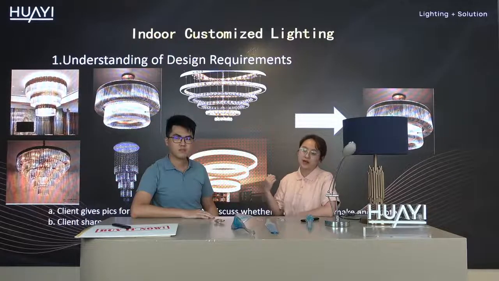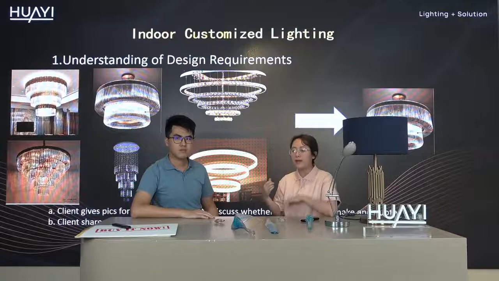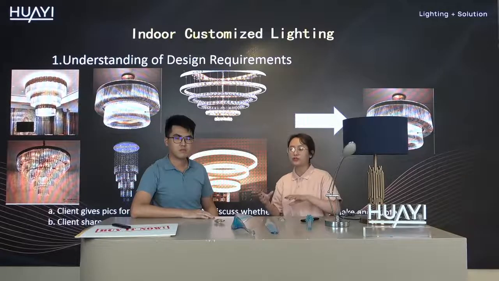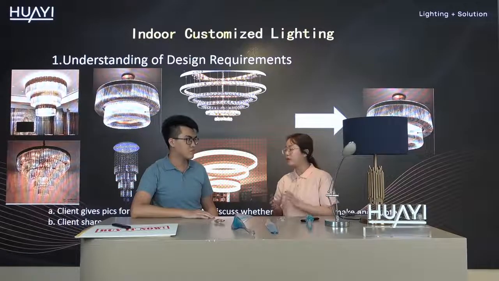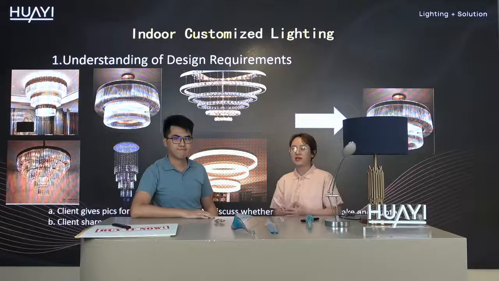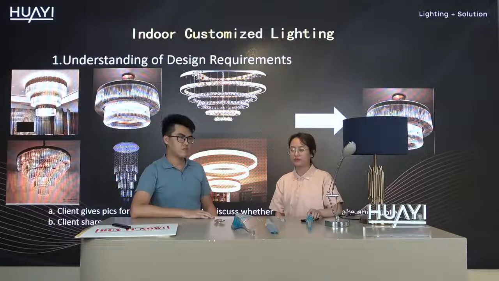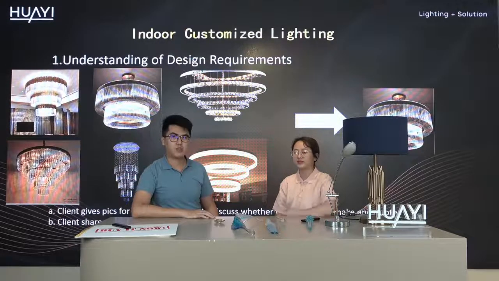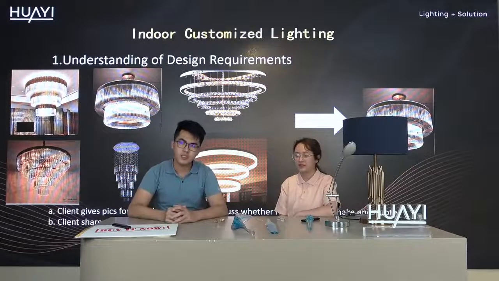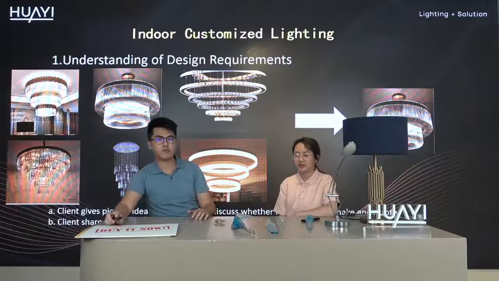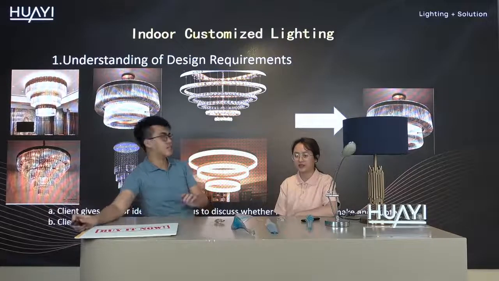At the same time, if the client has some extra requirements, we need to combine them into the drawing. For this lamp, the client clarifies that he wants all metal parts in this order to be in the same color as bronze. Oh, okay. So we mark it down in the drawing also. That's very detailed. Yes, you're right. And after clients confirm this order, the technical team will give a drawing showing the details of the lamp, such as